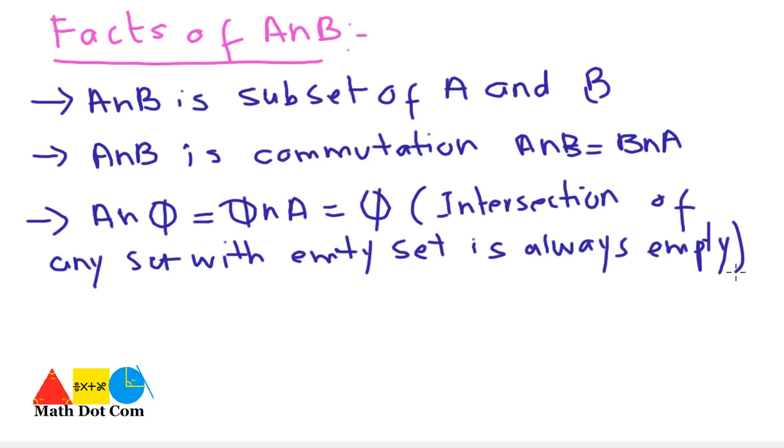So these are a few facts about A intersection B, and you can also prove them through examples, as we have already given the proof of the commutative property of A union B. Here we have studied the same fact. You just need to clarify your concept by taking examples and proving their right hand side and left hand side. So hopefully the A union B and A intersection B concepts will be clear from today,